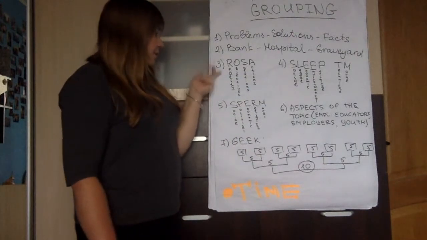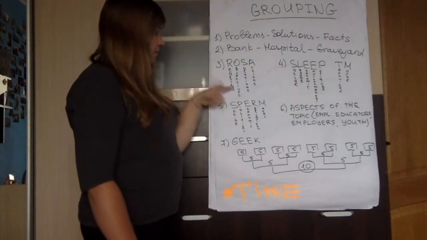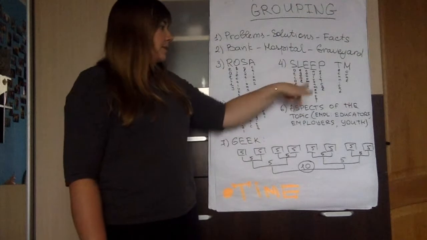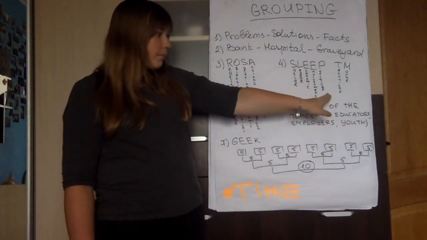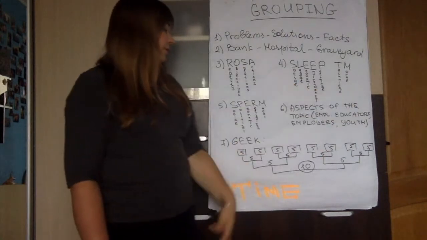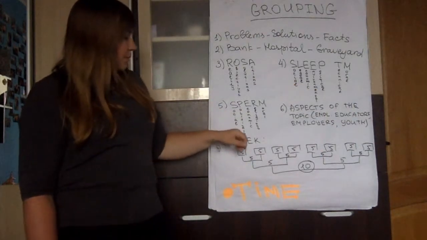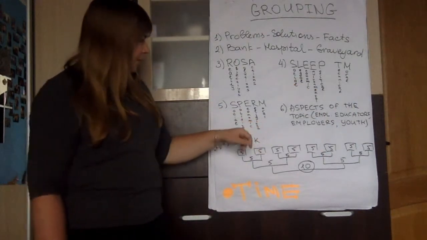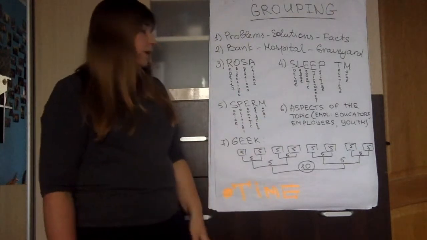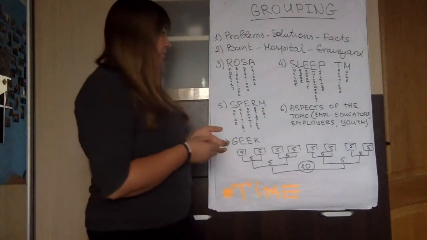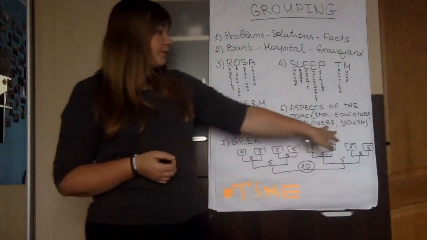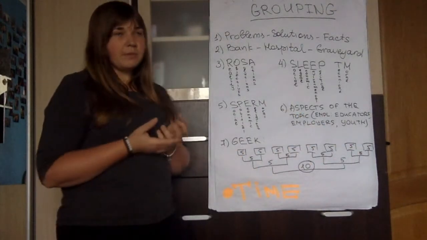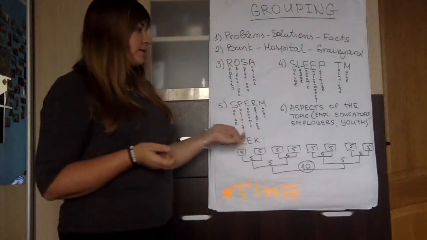It can be ROSA: reality, objectives, solutions, actions. SLEEP TM: social, legal, economic, environmental, political, technical, and moral. SPERM, which is social, political, economic, religious, and moral. And it can also be divided according to the aspects of your topic. For example, when I was sharing AMPL, I had educators, employers, and youth, and my delegates divided ideas according to